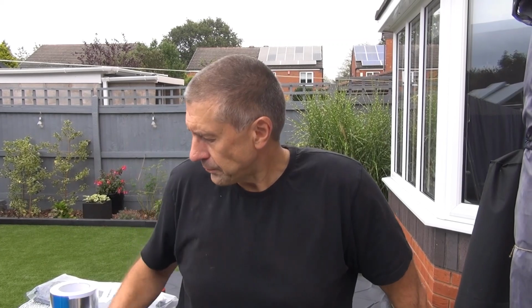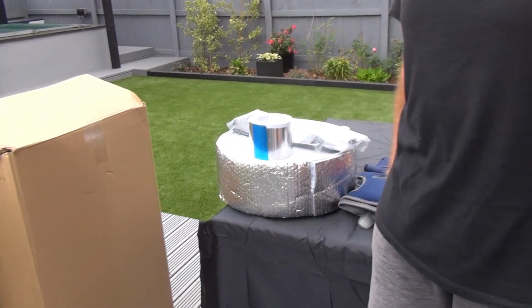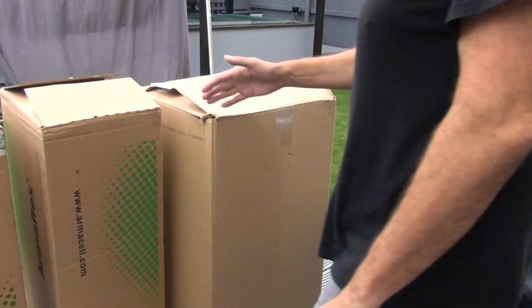Next jobs to start thinking about, watching all the videos that have started to come through on YouTube mentioning autumn, winter preparations. People have started to think about covers and that sort of thing, so it's that time for me again today. As you can see, I've got a load of stuff suddenly turned up, boxes and boxes of things. So first job for me today is going to be